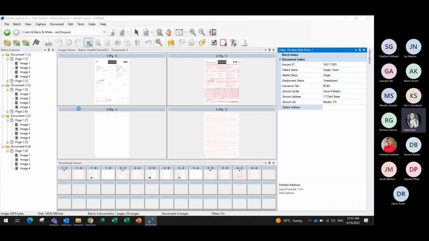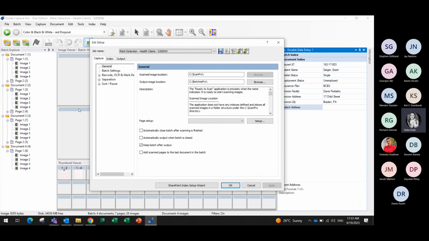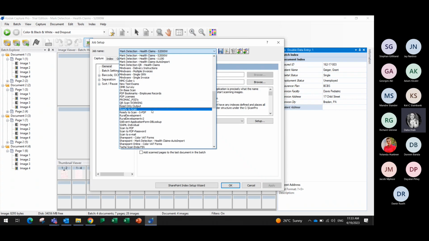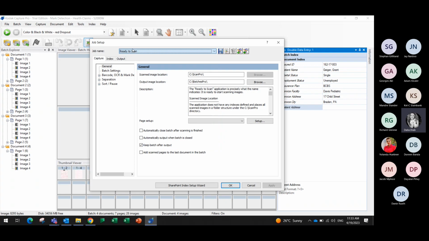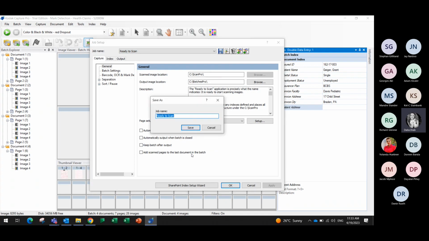It will take me automatically to the job setup where I can see the setup that I did. As I said before, by default you only see 3 job setups: ready to scan, scan to PDF, and scan to email. So what is recommended is to come here, click Save As, and give it a new name,